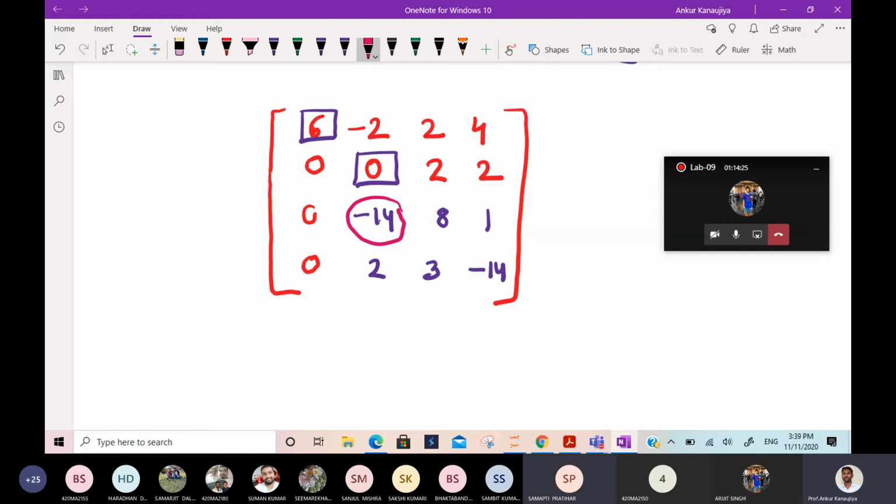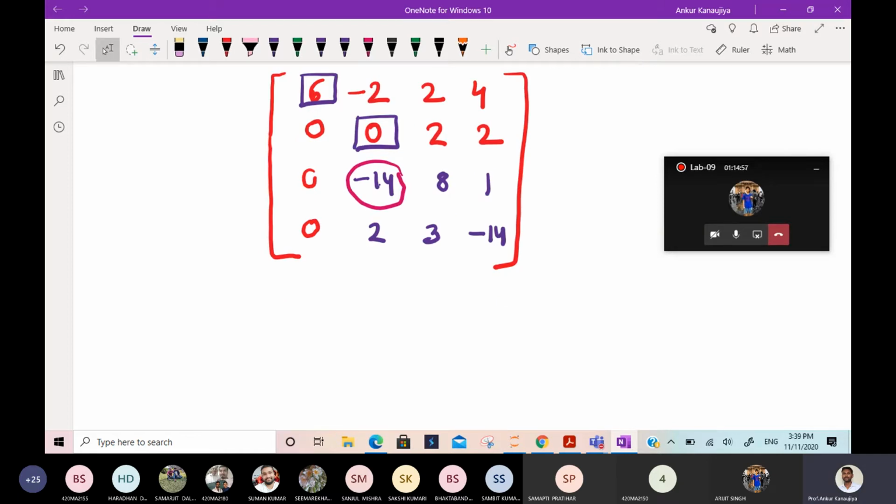So how to do? By row interchange, is it possible? First we do row interchange and then column interchange. Yes, both interchanges we will do. Then this 14 will become here. That means this column 2 will become column 1, and then interchange this to here. It will automatically go. Either you interchange row first or column first, it doesn't matter.